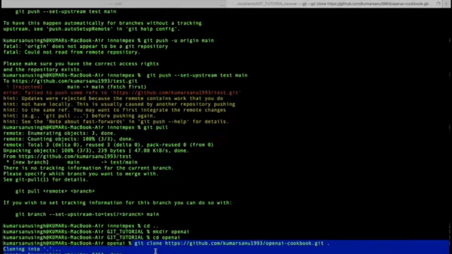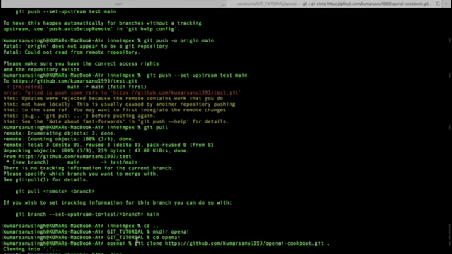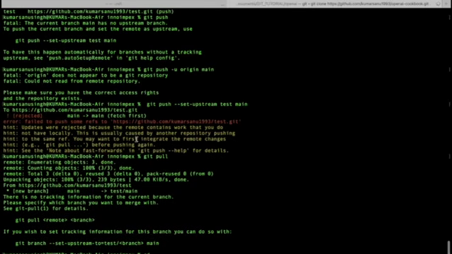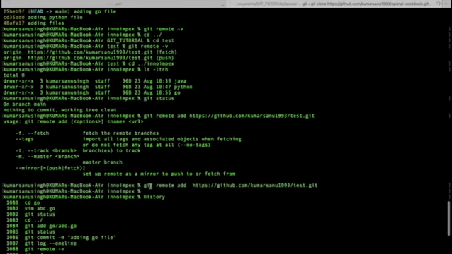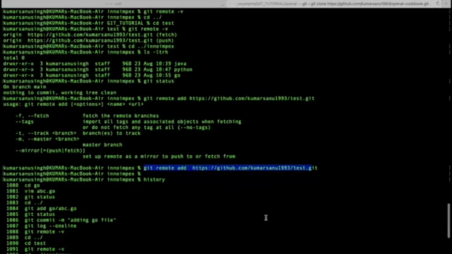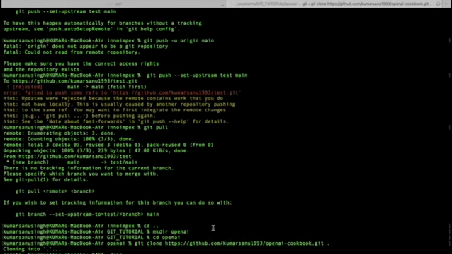Git clone will give you each and everything available. You're just copying it to your local. So to push changes to your remote, you do git remote add and then push it, and to get changes from the top level, you do git clone.